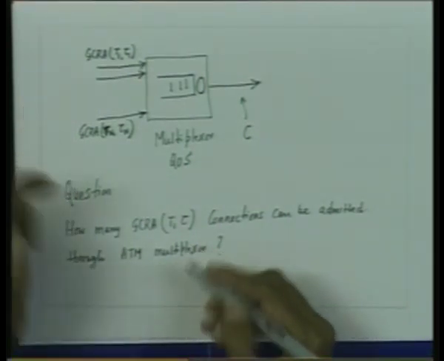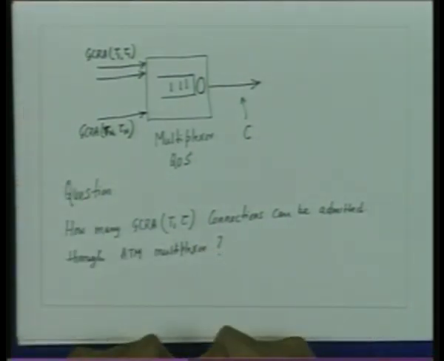Now before we can answer this question, we of course need to know what the quality of service attributes are, so let us assume for the time being, to give you an example, that the quality of service attribute is